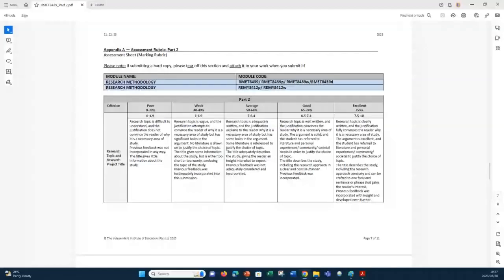Right, so this is the rubric for part 2. This essentially is your proposal now. So it is the document that, although we're not going to have an ethical clearance committee, we will have to have